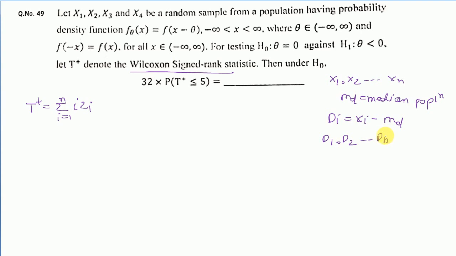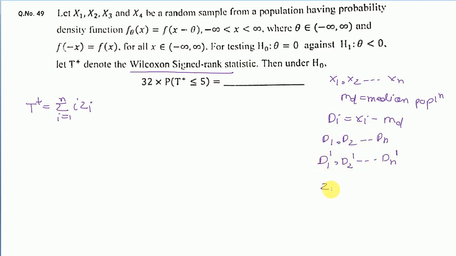Fine. Now our next task will be to arrange these Di in increasing order, so most negative to the left and most positive to the right. If we arrange them, we will get new variables like D1 dash, D2 dash and Dn dash. So this is how our new Di can be written. Actually the values are not changed. All the values present in Di are present in Di dash, but we have only rearranged, or ordered, all the Di.